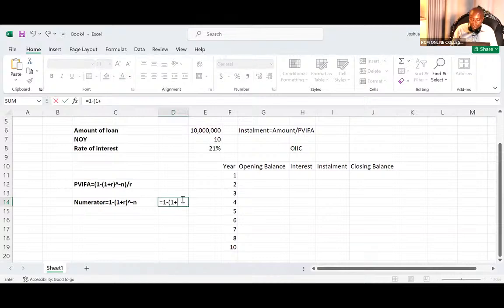R is the rate of interest. So this rate of interest is here. It is 21%. The rate of interest is 21%, and this 21% will not be changing whatsoever. Whether you're moving across the columns or down the rows, the 21% will not be changing. Whenever I see a cell reference that will not be changing anywhere,